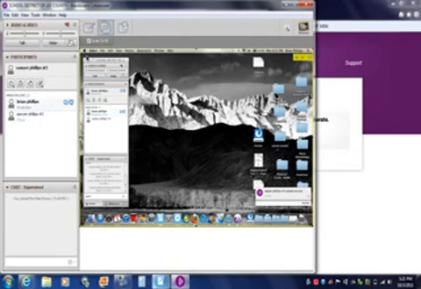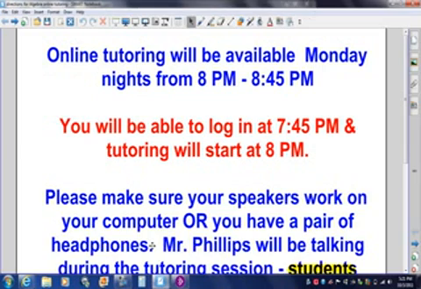So a couple things to keep in mind for online tutoring. Online tutoring will be available Monday nights from 8 p.m. to 8:45 p.m. It's probably a good idea if you log in around 7:45 or 7:50 because your computer might